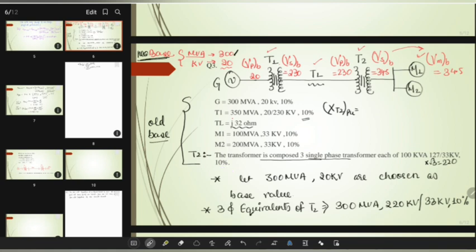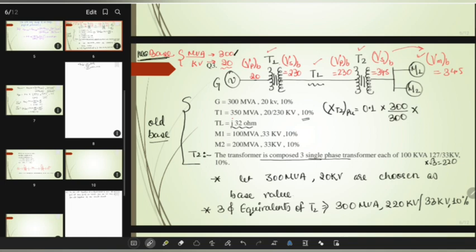Okay, so old impedance value will be 10%, so I write 0.1. Now new MVA base, so new MVA base we have considered 300. What is the old MVA base? So this is single phase transformer, we have transformed this into 3-phase equivalent, so old MVA base will be 300 MVA